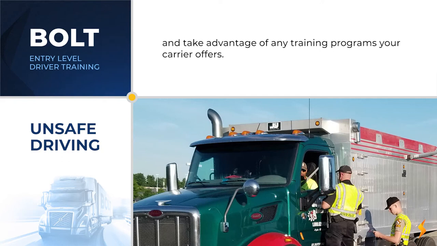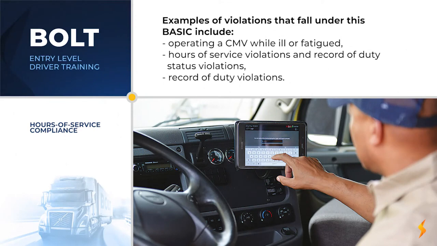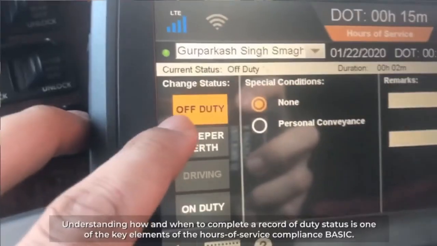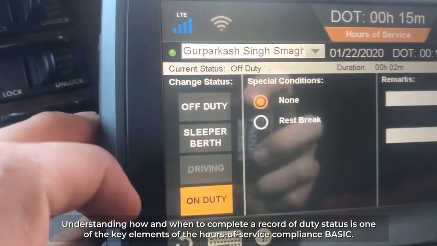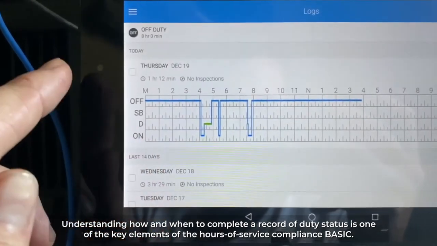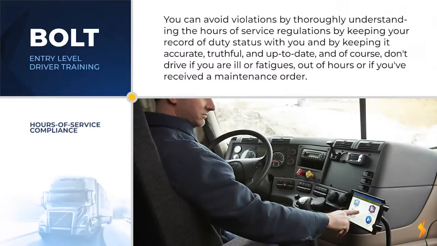your carrier offers. Examples of violations that fall under this basic include operating a CMV while ill or fatigued, hours of service violations, and record of duty status violations. Understanding how and when to complete a record of duty status is one of the key elements of the Hours of Service Compliance Basic. You can avoid violations by thoroughly understanding the Hours of Service regulations, by keeping your record of duty status with you, and by keeping it accurate, truthful, and up to date. And, of course, don't drive if you are ill or fatigued, out of hours, or if you've received an out-of-service